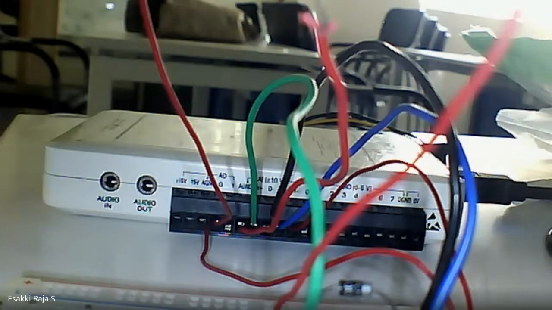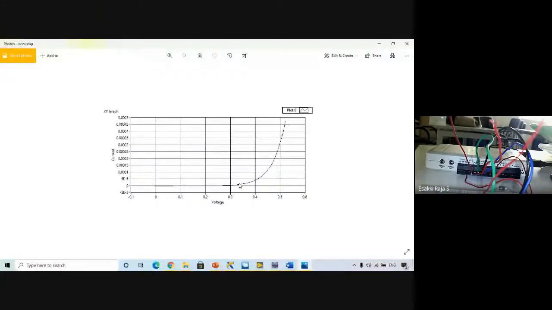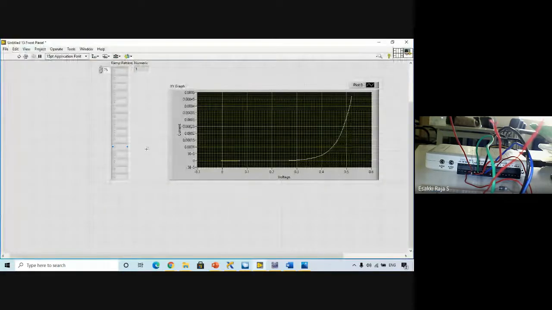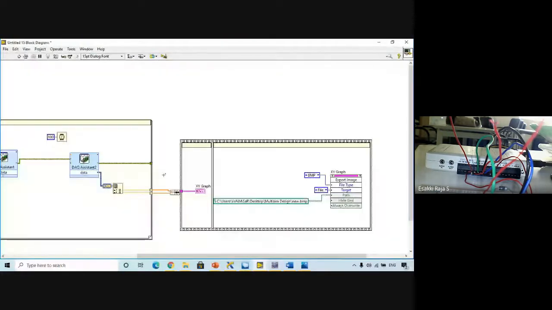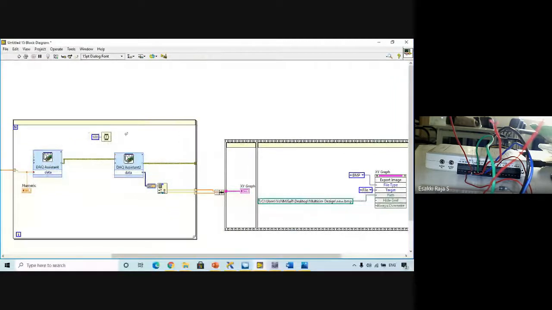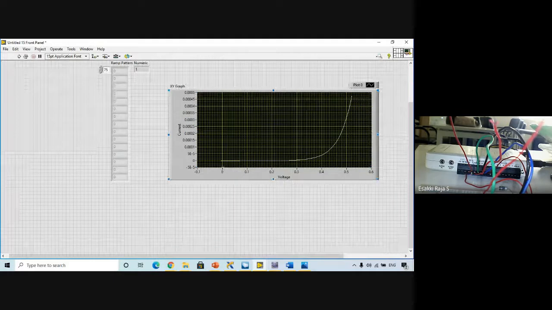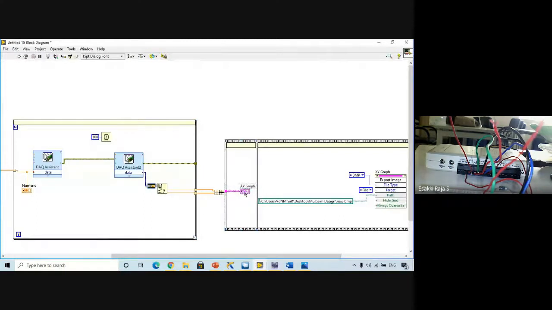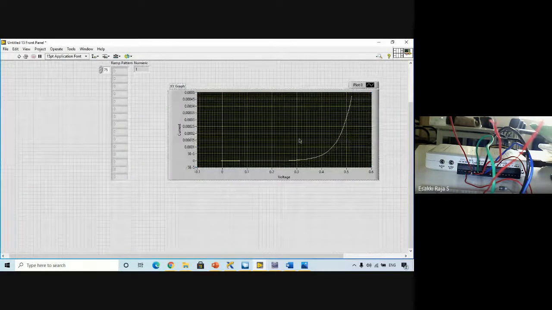If you know how to work with LabVIEW and all those options, you can say what the voltages should be, like starting and ending voltage. Then we can measure the required parameters and plot it in a graph. It will automatically plot it. To add this graph in a report, you can simply save this graph information as an image and add it to your report. So it will actually reduce the workload.